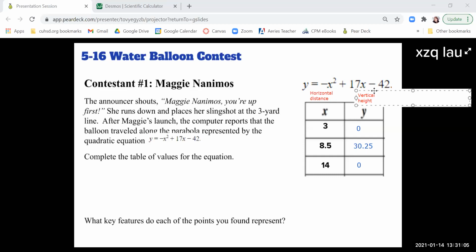Like the height vertically, or the vertical distance. So if we think about this, if the water balloon is at a horizontal distance from the 0 yard line, so it's at the 3 yard line, and it starts at the 3 yard line and its vertical height is 0, so it hasn't gone anywhere yet, then this point would represent